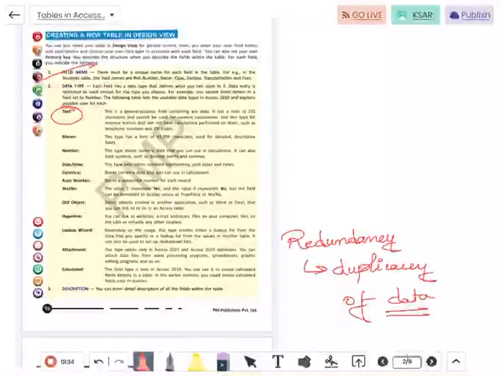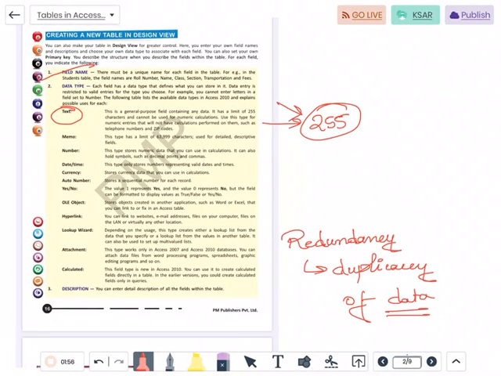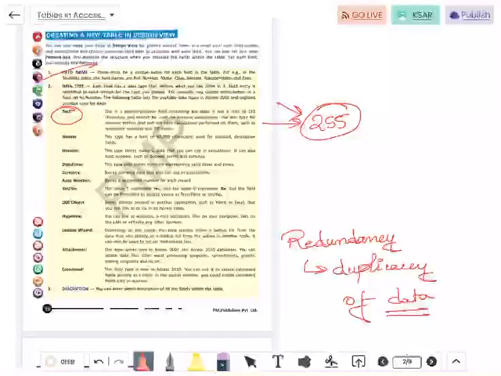Now text data type is normally used to store textual data, that is a collection of characters. Okay, it can also store alphanumeric data, or even you can store number in form of a text. But the only thing we must remember, what is the limit of the text based character? It is 255. So not more than 255 characters it can store.